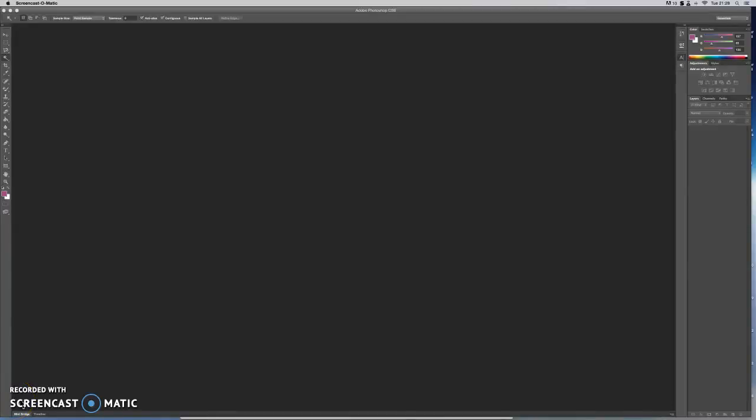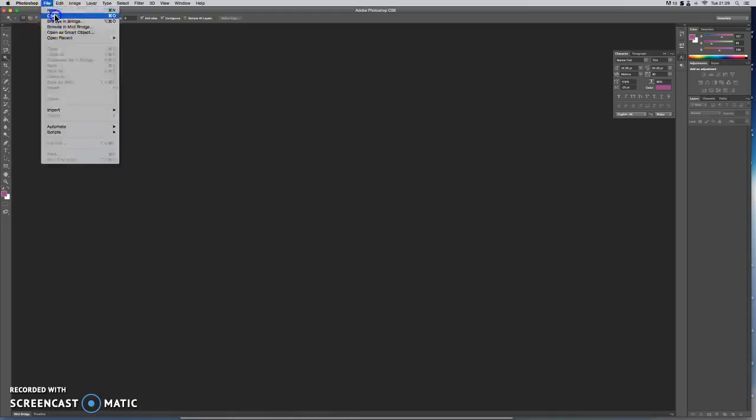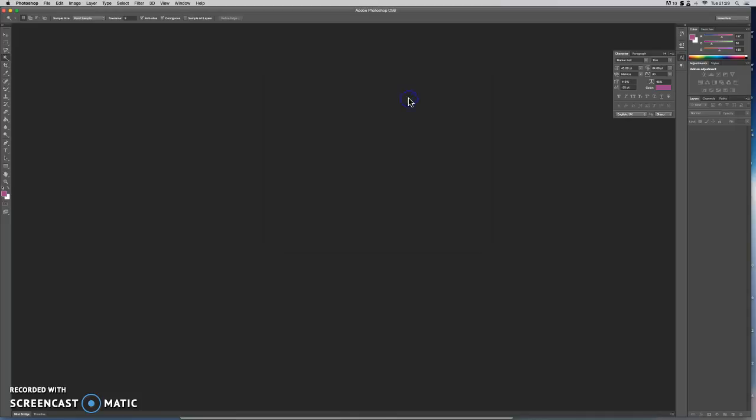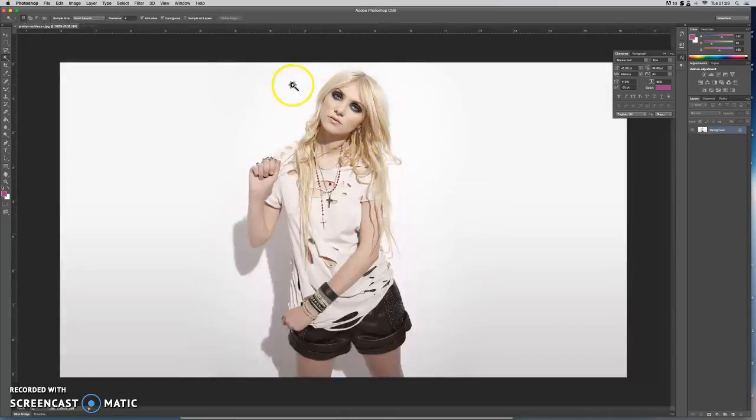Okay, so this is tutorial 2, and in this tutorial what we're going to be doing is working with images. Okay, so the first thing we need to do is to bring in our image. So I've already got this pre-saved. This is Taylor Momsen from Pretty Reckless, lead singer. So we're taking a bit of a musical theme today. So we've got our image